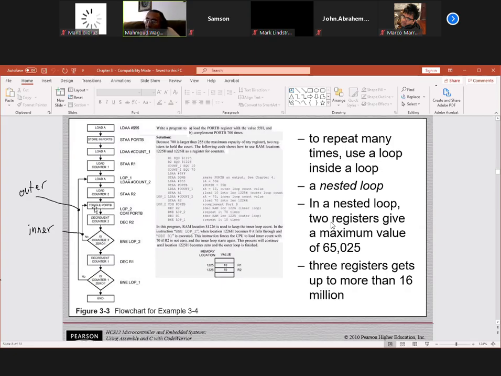Suppose the number of instruction cycles is 500. That's just a wild guess. Let's suppose we have 500 instruction cycles for the inner loop. We need an overall, let's say, 20,000 cycles for the whole thing. Now you divide the